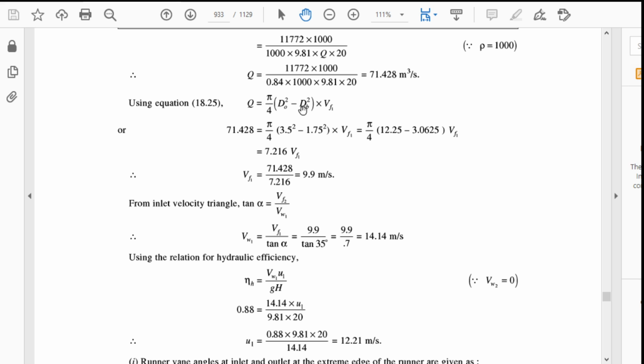Here D0 and DB are known, and discharge we have found. So the velocity of flow at inlet will be 9.9 meters per second. We use this value for finding the value of Vw1,